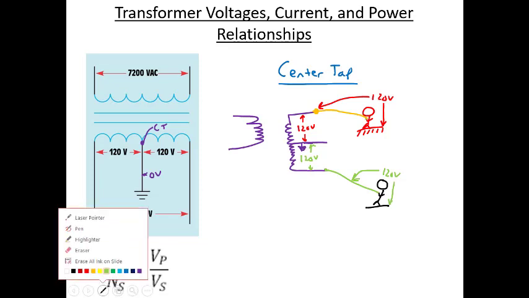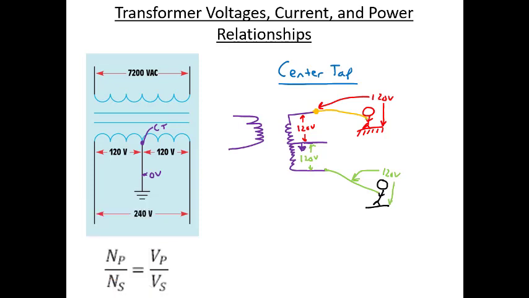Now, if you decided to, let's say, connect yourself to the circuit in a less desirable way. So now you're this person here, and you decide to connect between both wires. Now you're looking at 240 volts, which is why if any of you are ever working inside an electrical panel in your house, or you take the cover off your breaker box, you want to be real careful to only touch it with one hand. 240 volts across your body, that's going to be really bad. That would be potentially